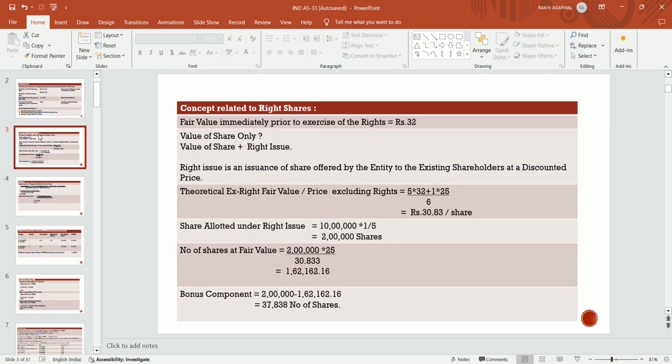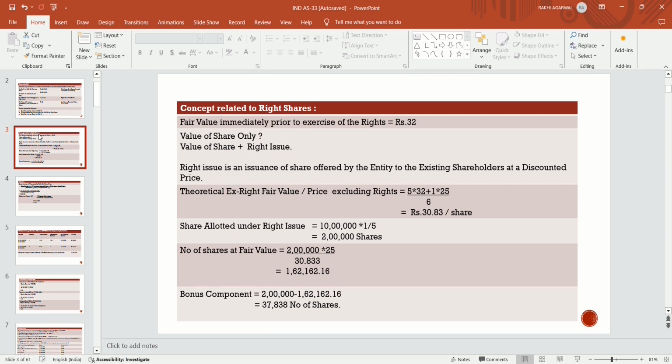So we will discuss the concept related to right share. Fair value immediately prior to exercise of right, given in the question, is rupees 32. Rupees 32 includes the value of shares plus the value of rights. Right issue is an issuance of shares offered by the entity to the existing shareholder at a discounted price. In this case, the fair value of the share is 32, but the entity offers to the existing shareholder at rupees 25. So we have to calculate the